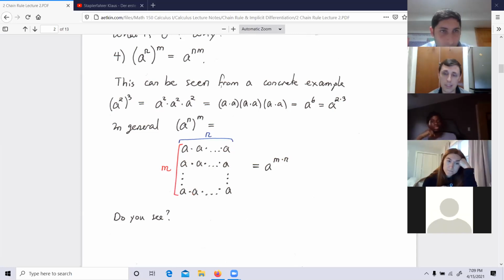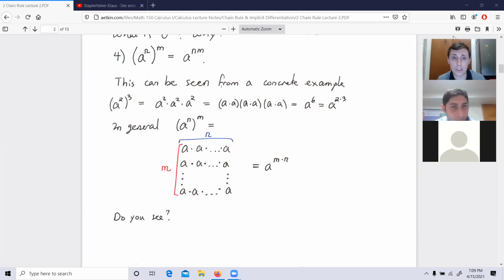My explanation makes sense to you guys? You understand why I arranged it in a box? Because it has to do with area of rectangles. Same idea. Why is the area of rectangles what it is? It's because you're just counting blocks. A to the n to the power of m means that I have m rows of blocks of size n. So this is n, 2n, 3n, all the way to mn. Make sense? So for example, a squared to the power 3, it would be